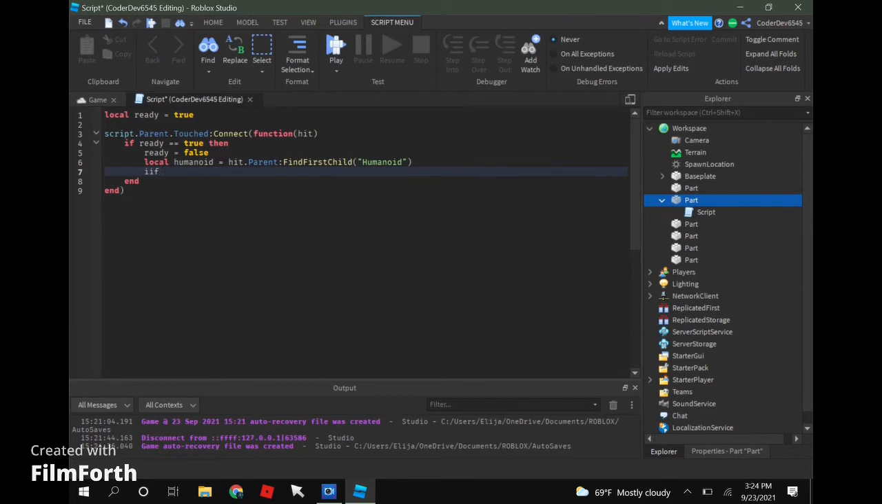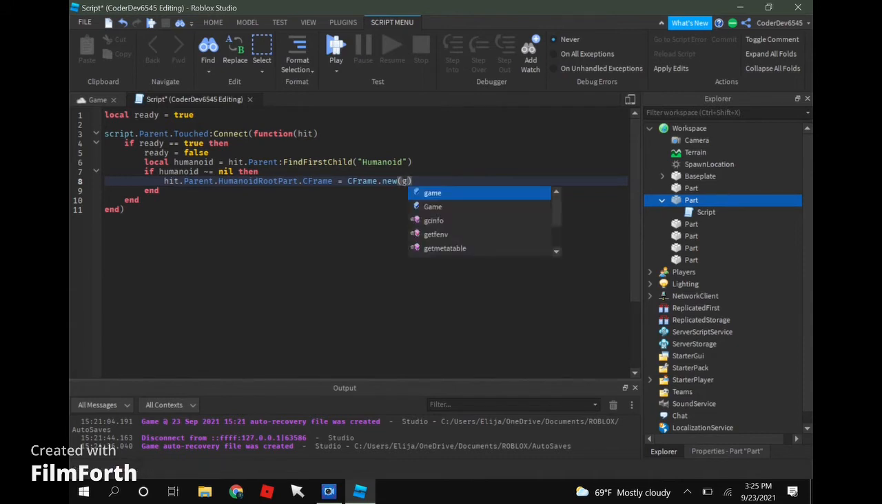Next, type in if humanoid, and then add this tiny line, ~= nil. Then type in hit.Parent, make sure that's capitalized, and then type in HumanoidRootPart.CFrame equals CFrame.new, and then type in game